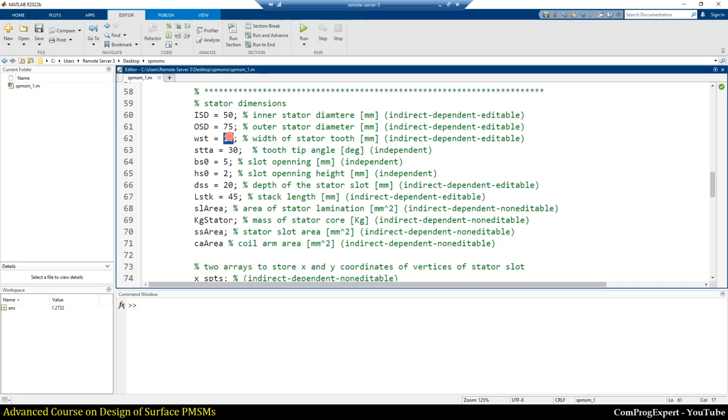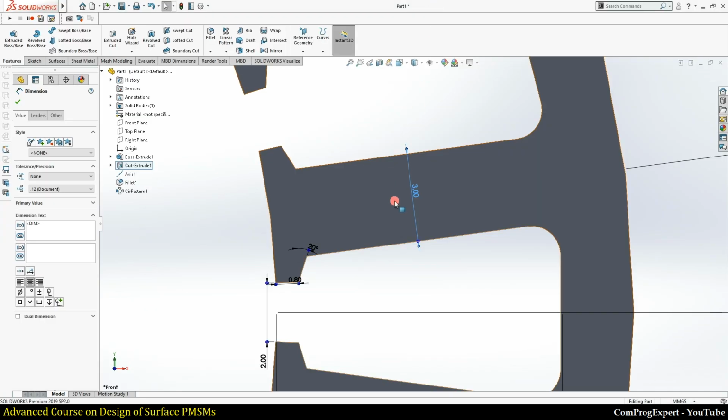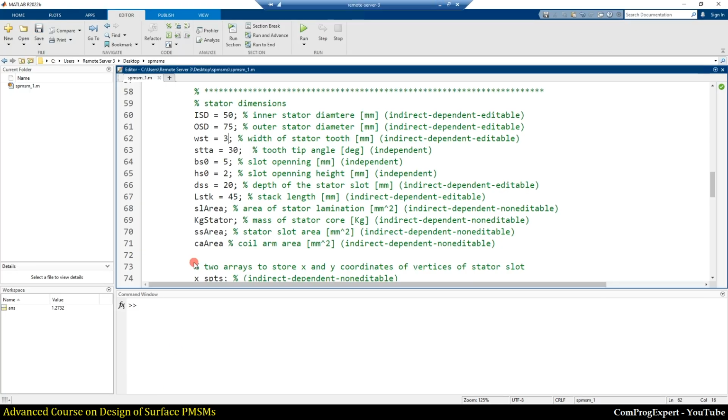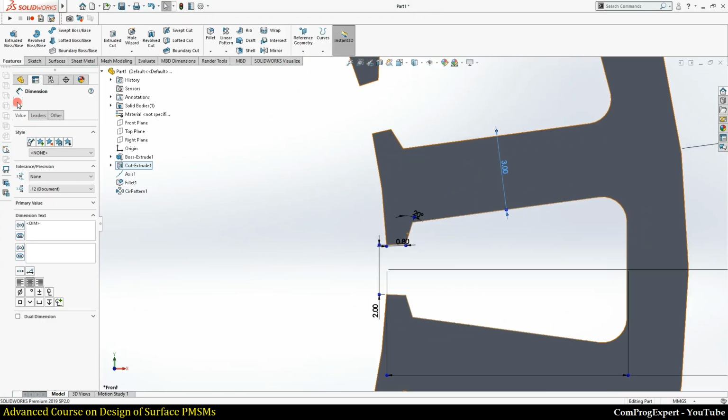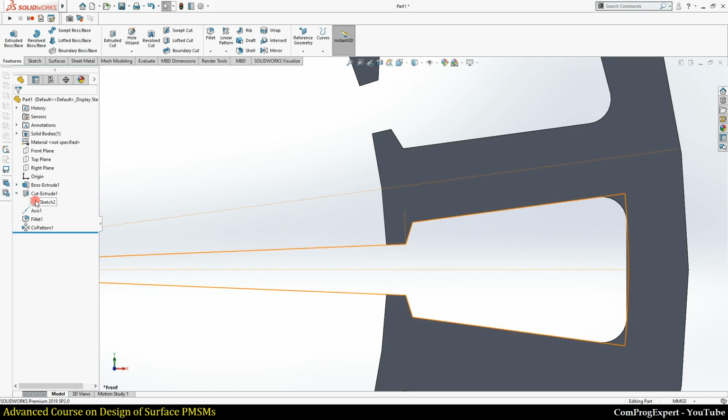So let me set it equal to 3. These are default numbers, we didn't start the design yet. So this is the stator tooth tip angle. I considered it equal to 20. This one, the stator tooth tip angle.